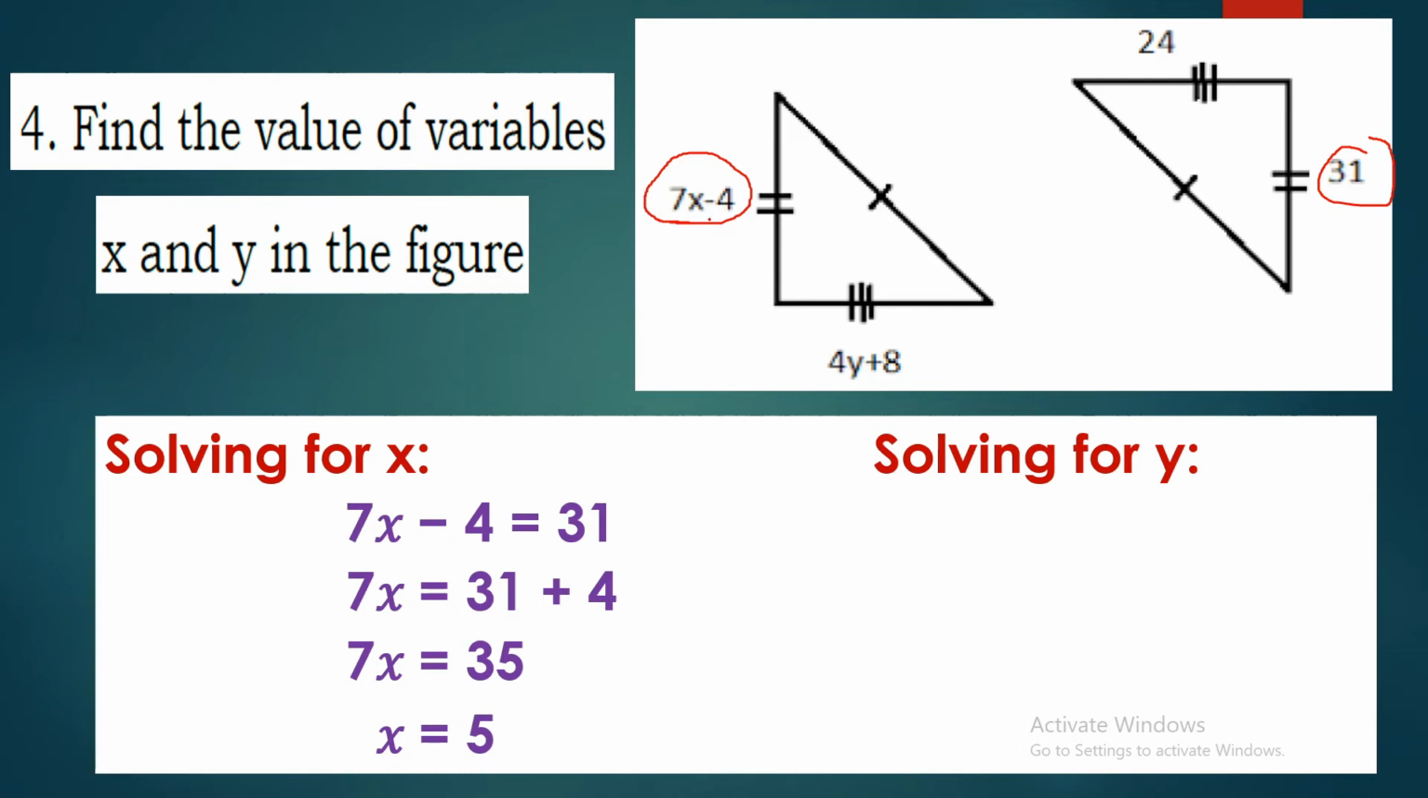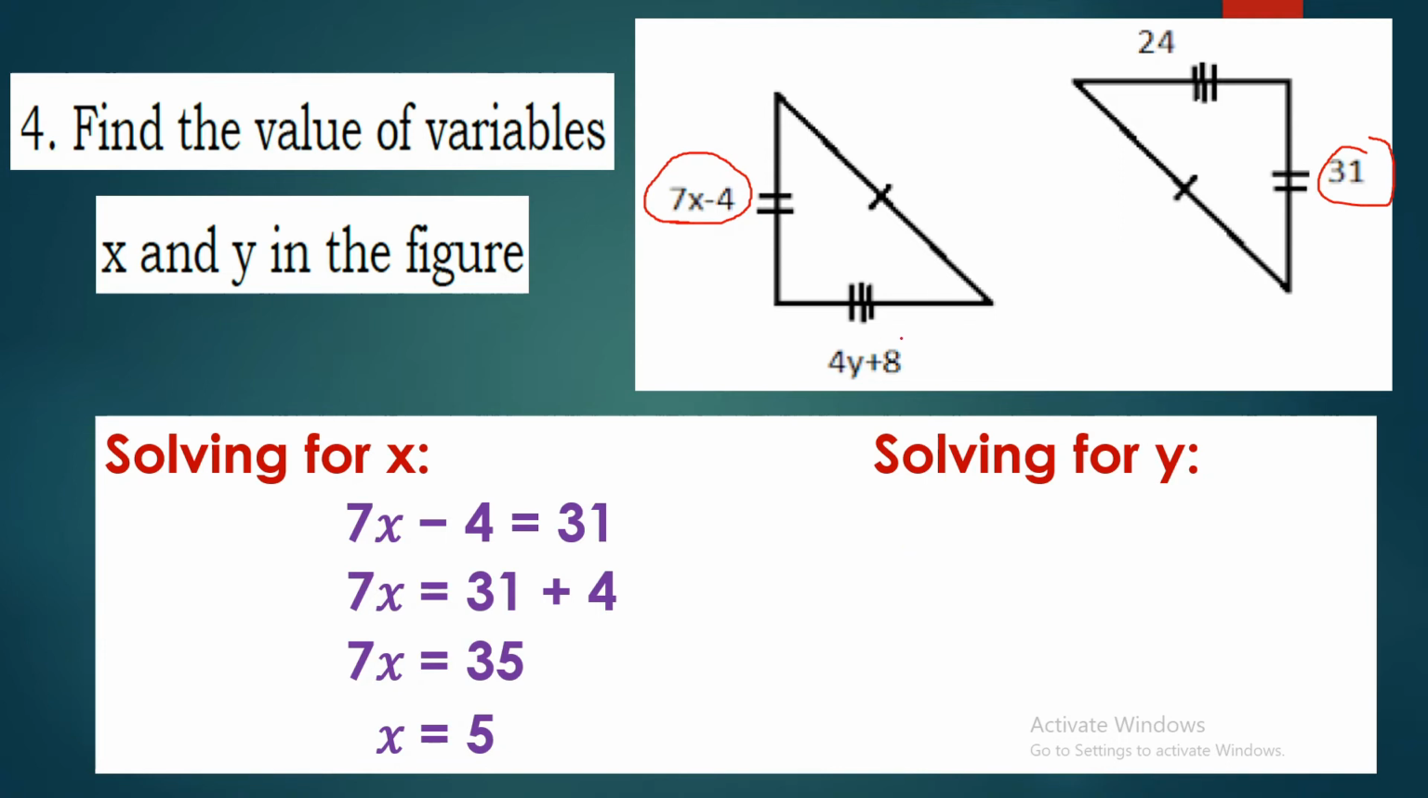Let us check using the measurement of one side of the triangle, that is 7x minus 4. By substitution, we have 7 times 5 minus 4. And 7 times 5 is 35 minus 4, so we have 31. The same with the measurement of its corresponding side on the other triangle. That means x equals 5 is correct. Now we have solving for the value of